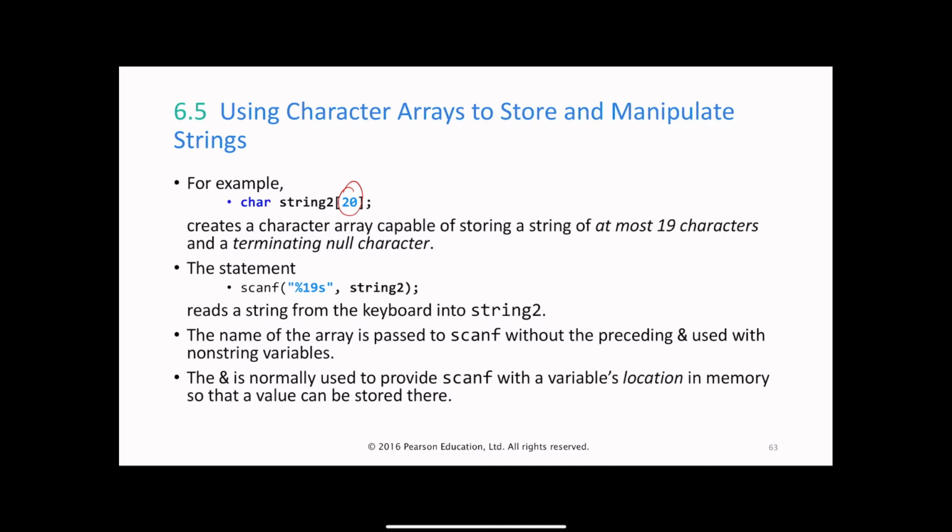Now, remember I told you that it is possible for you to walk off beyond the end of an array because C does not check or does not even know what the length of an array is after you define it. It doesn't keep track of that. You have to do that. Now, when you use the scanf function to read a string from a keyboard, you run into the same problem. If you were to just use the scanf function,